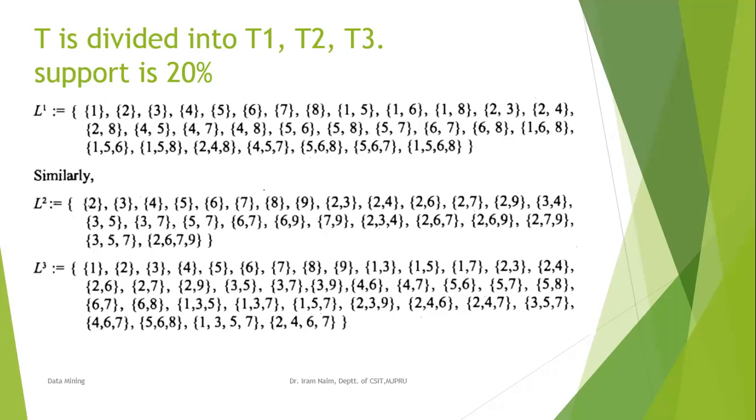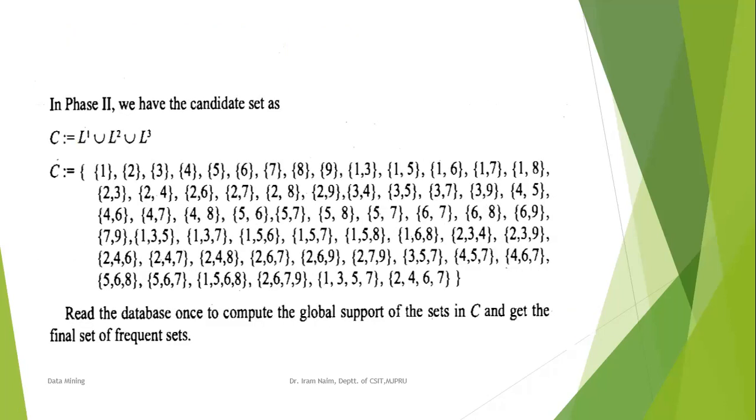ठीक है, by applying a priori algorithm we generate all the frequent item sets into 3 different partitions. जब हमारे पास ये 3 different partitions आ जाएंगे, then we take the union. ठीक है, अब क्या होगा, यूनियन लेने के बाद there are some sets which are common, then we eliminate those. So these are the total number of item sets. Okay, फिर क्या करेंगे, जब हमारे पास ये टोटल नंबर ऑफ आइटम सेट आ जाएंगे तो हम डेटाबेस को वन मोर टाइम स्कैन करेंगे और उसके बाद फाइनल सेट ऑफ फ्रीक्वेंट आइटम सेट प्रोड्यूस करेंगे.